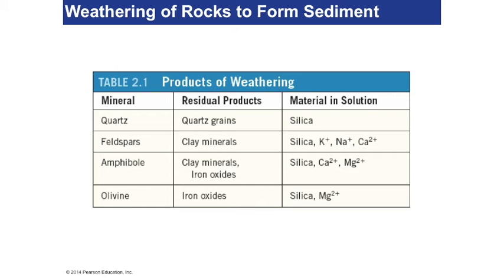So here's a table to maybe help you. If you break down quartz mechanically, you just have little grains of quartz. Quartz essentially is little shreds of silica. It's a silicate, so silica and oxygen, some kind of an ore of silica or silicon. Feldspars and amphibole will break apart into silica. Remember, they have silica in them, but they also have whatever was mixed in the feldspar. So if it was calcium or sodium or potassium, that will come out as it's broken down.